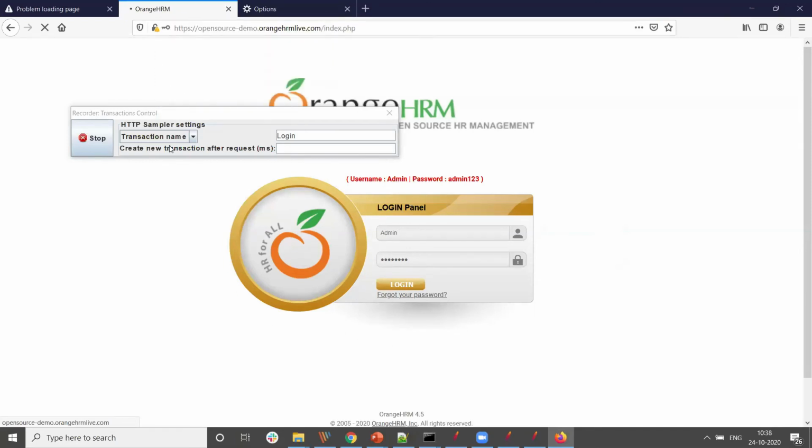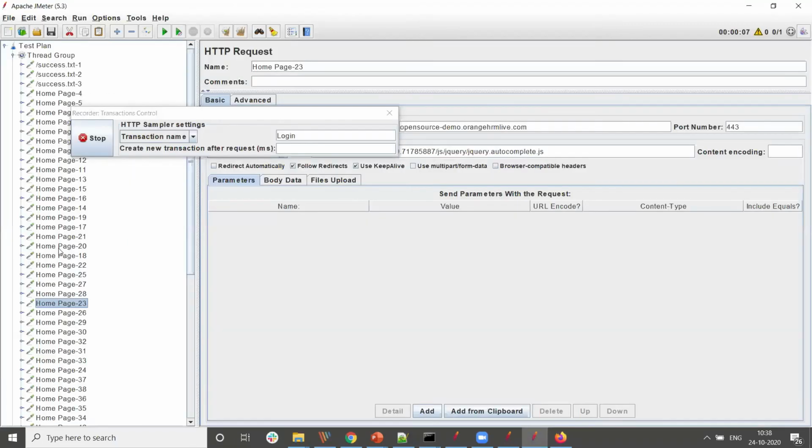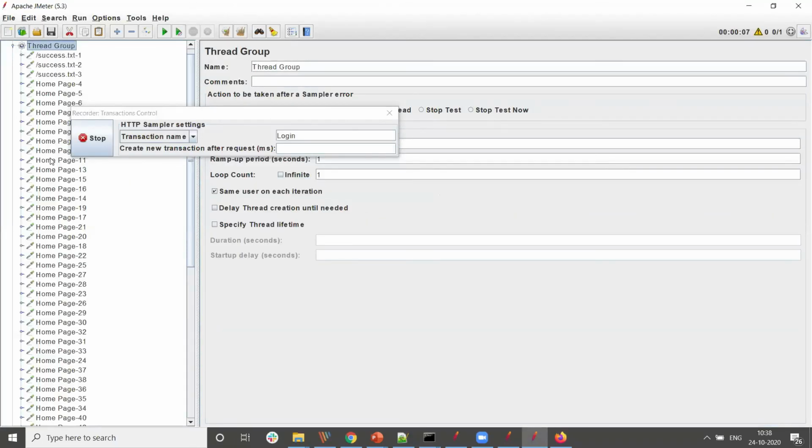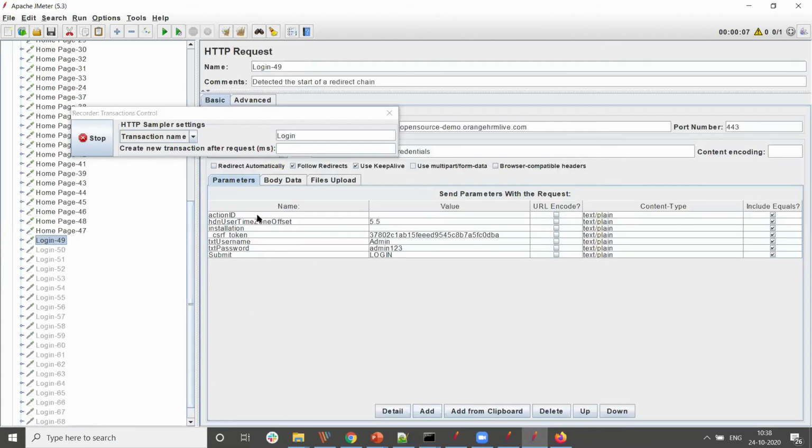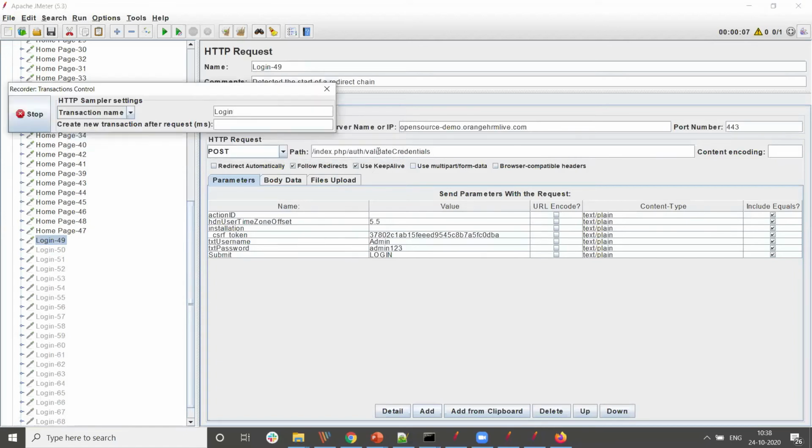It's still loading, just bear with me. Here you can see login is there. So the request name will have this login and everything. If you had not put anything, it would have given you this validate credential thing.